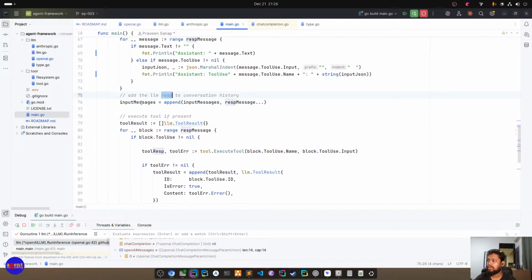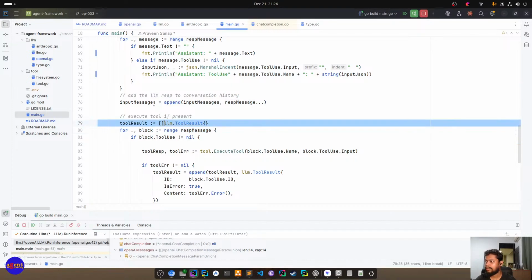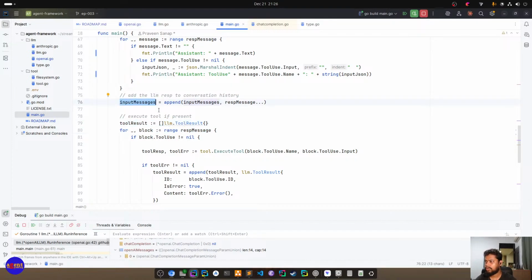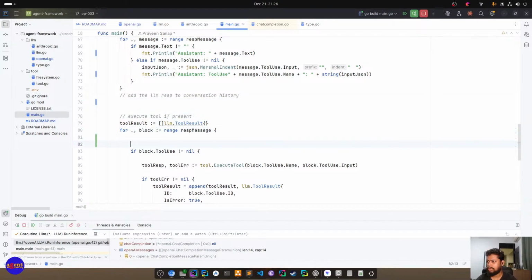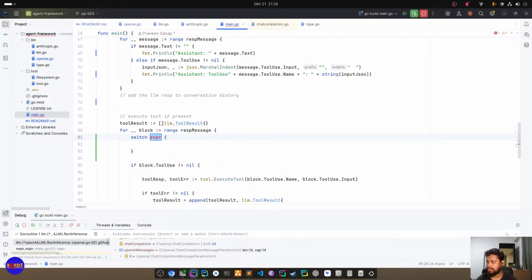So actually let's move all the logic inside here, right? So we will not append any of the messages. Here what we'll do is, let's do a switch block on